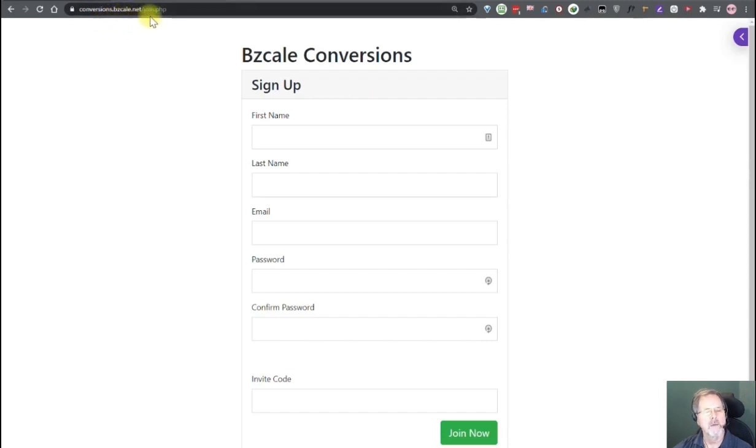It's conversions.bzcale.net join PHP. Very important to have the PHP at the end, otherwise you will not see this page. In your email, which you get when you have purchased, you will have an invite code, and that is the invite code you put here. Otherwise you just sign up with your first name, last name, email and your own password. And then when you click join now, you will come into